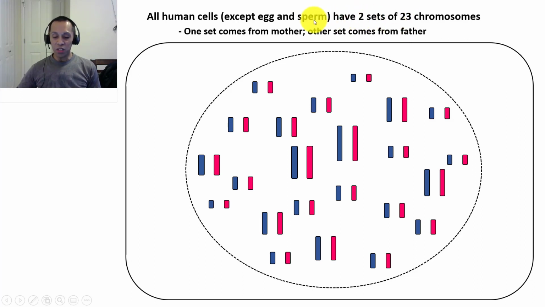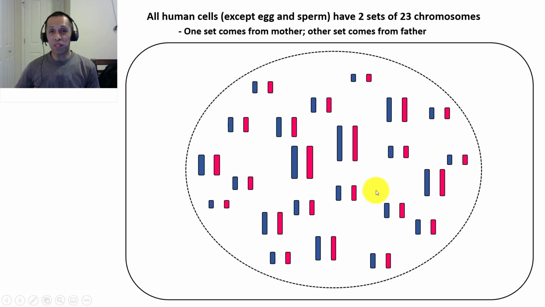So one of these sets of chromosomes comes from the mother, and the other set of chromosomes comes from the father. So in this picture here, it's color-coded. So all of the blue chromosomes are ones that were inherited from the father, and all of the pink chromosomes were ones that were inherited from the mother. Now all of the chromosomes inside of cells are given designations. So if you take a look at all of the different chromosomes inside of a human cell, you'll see that they've